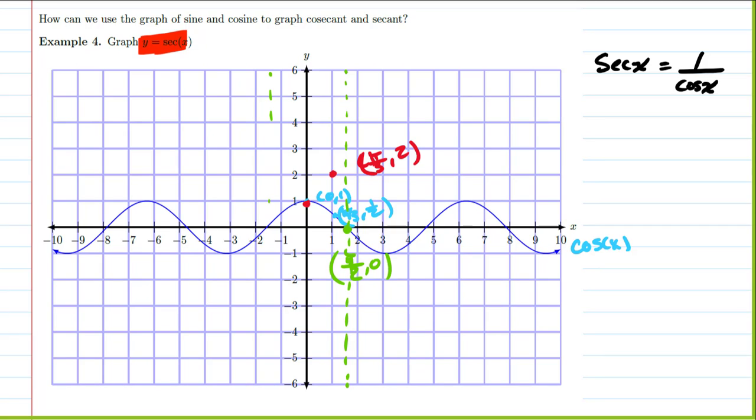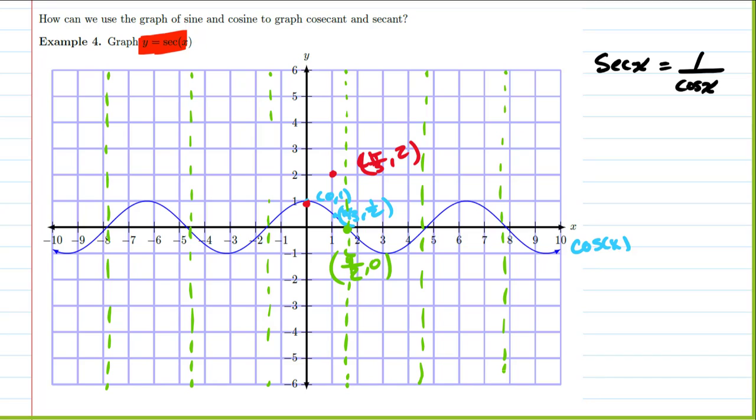So in fact, all of the zeros, or x-intercepts of cosine, are going to be vertical asymptotes of secant. So I get something that looks like this,